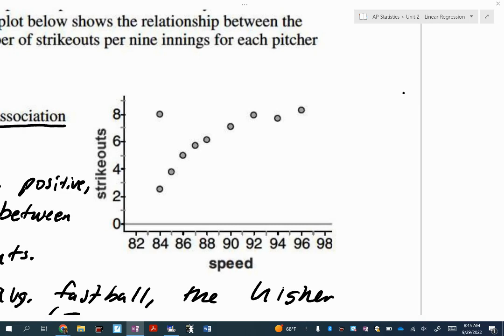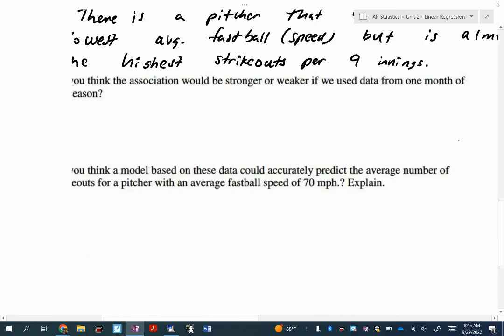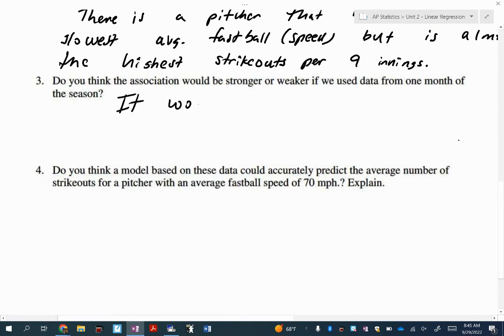So this right here, if we had the individual data, right? Every single outing, what their average fastball was and how many Ks they got, you would see obviously a lot more dots, right? Because every pitcher would have many more dots. And you would see more scatter, more variation. So to answer this question, it would be weaker